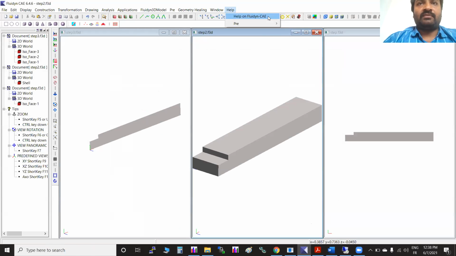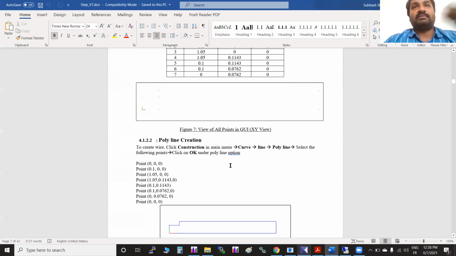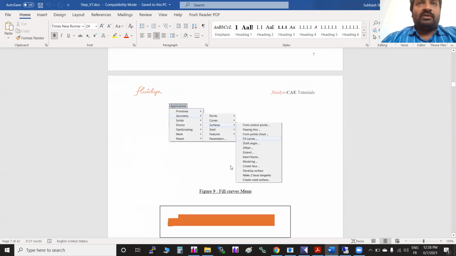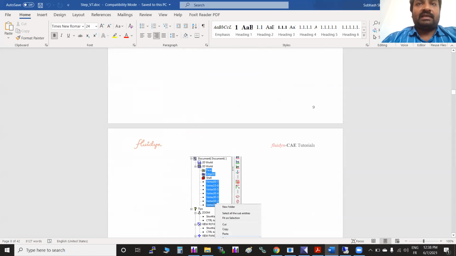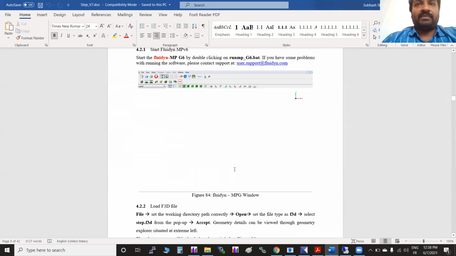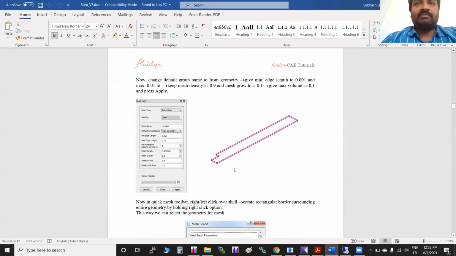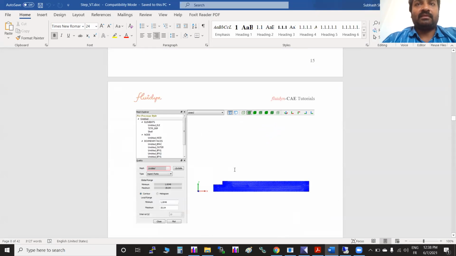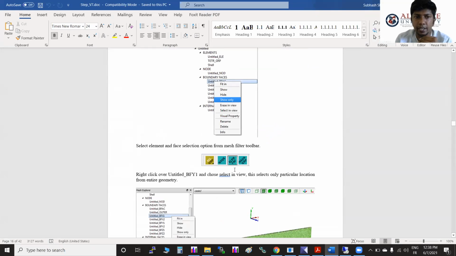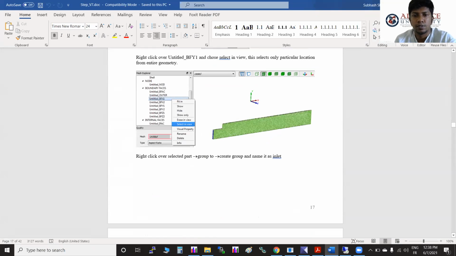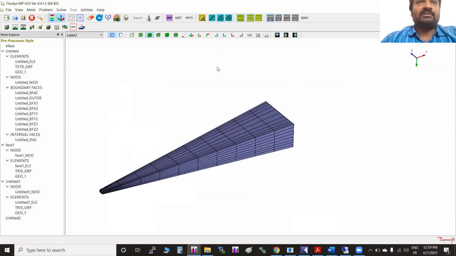In the help menu, you can quickly open and check the particular tutorial, which does not include only the geometry part. It will have the mesh as well, until the entire case setup is over and result analysis is done. Sir, will this PDF be shared with us? Yes, it will be shared. All the respective documents we will give you to share with everyone, or in case it is available in the software itself.